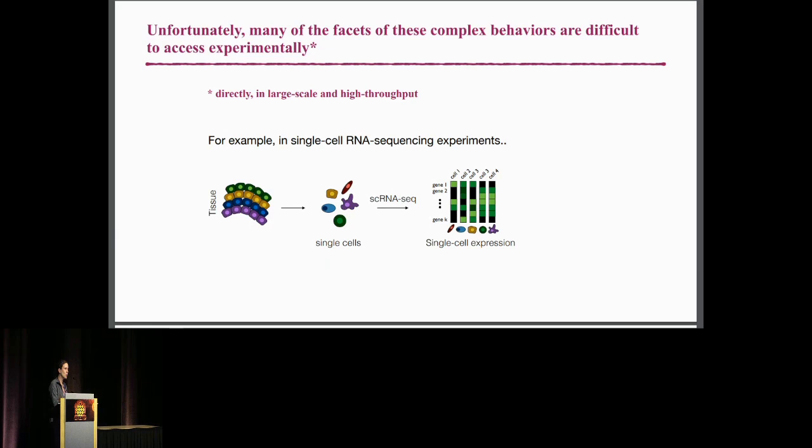We can only measure a cell once, and therefore we lose both the spatial and temporal context of the cells, which are the aspects that we're mostly interested in to infer models of collective behavior. So one of the things that we're trying to do is to close this gap